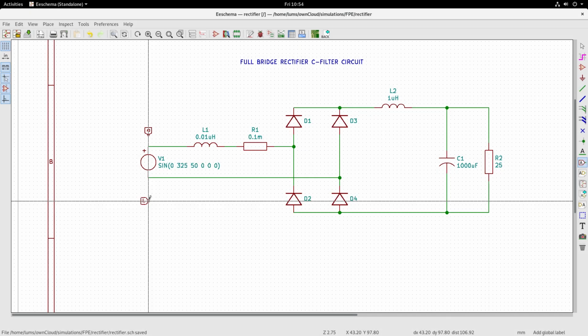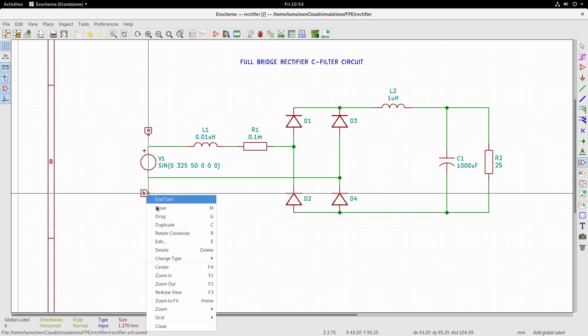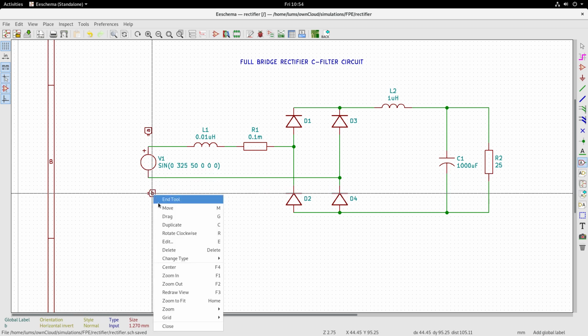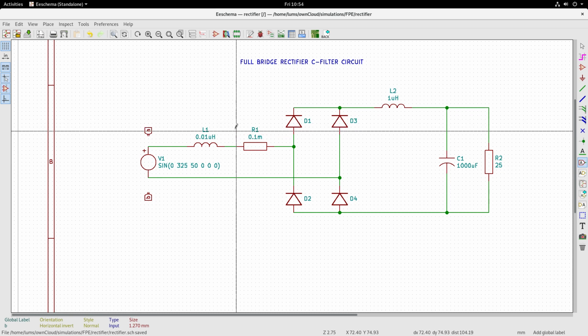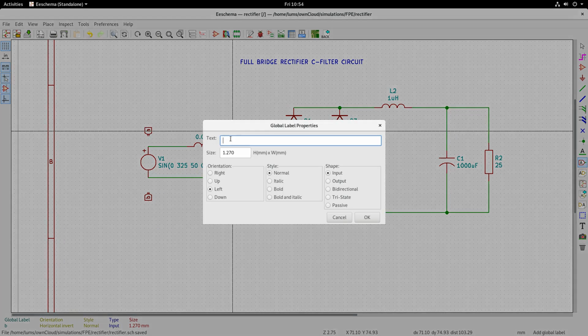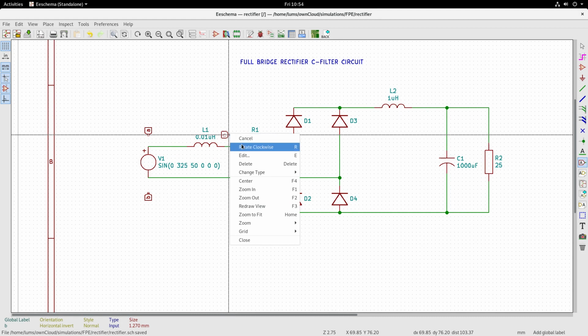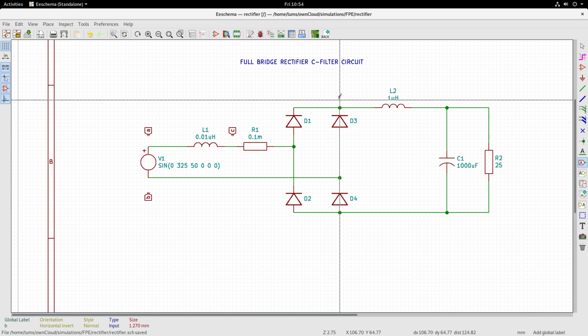Label B, then rotate, then let me place a label here, C, one label here.